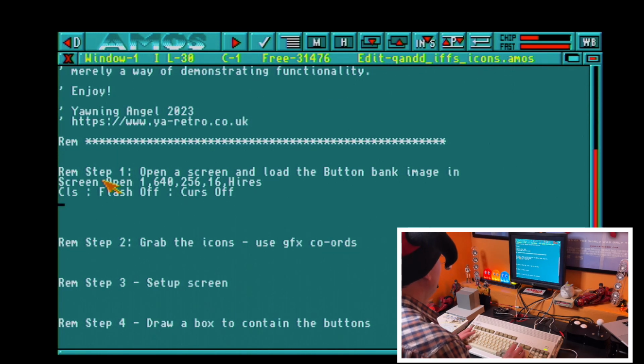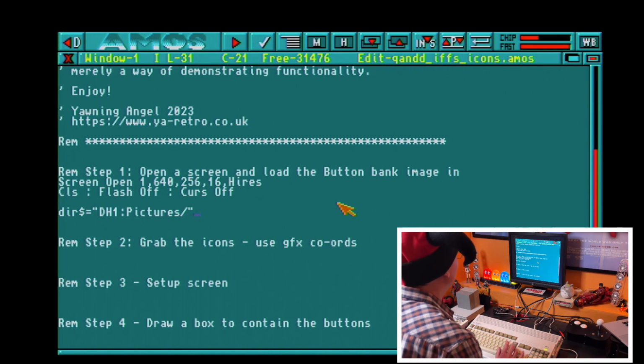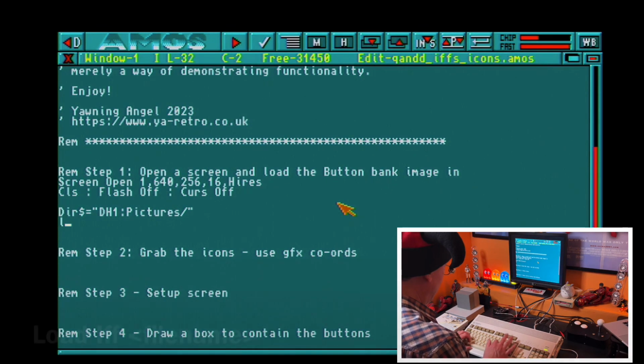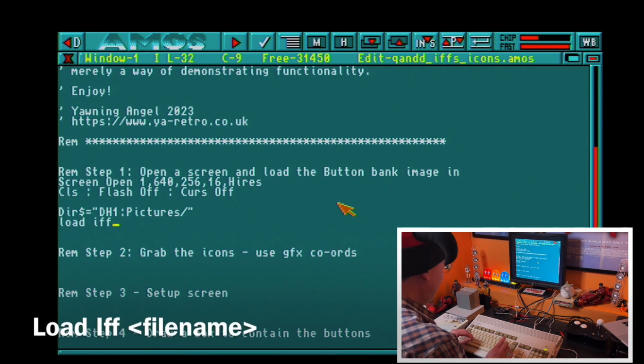Right. Then what we're going to do is load in our graphics file, our IFF file. So what I need to do is set the directory string equals, now this is where I've got mine located. So mine is in DH1 pictures. So that's where I'm pointing the directory. And I'm going to now use load IFF. And I'm going to give it the file name, and my file name is